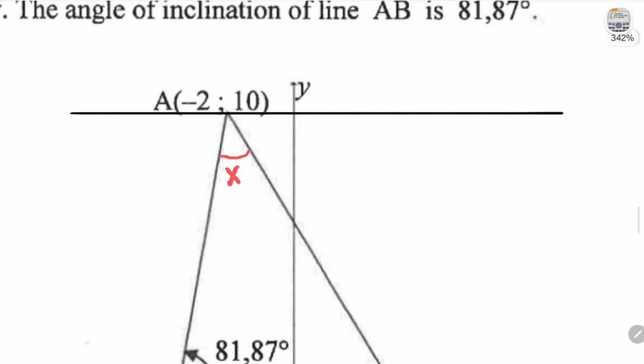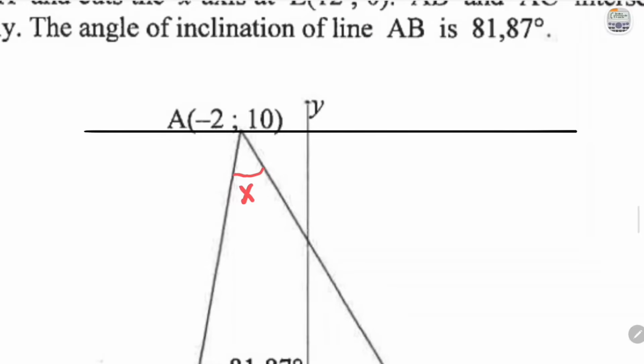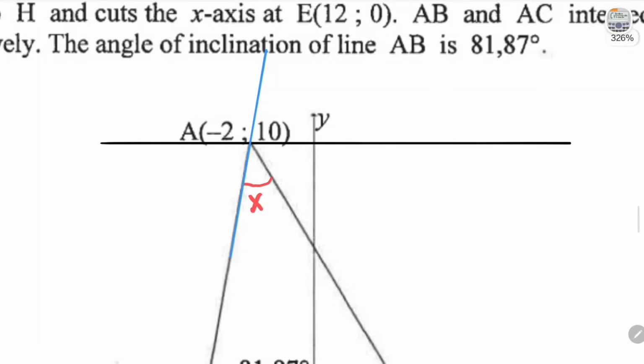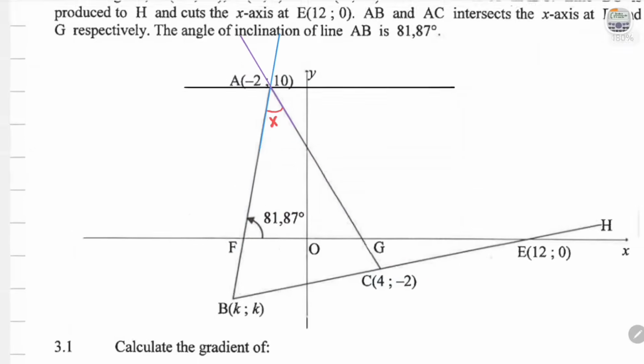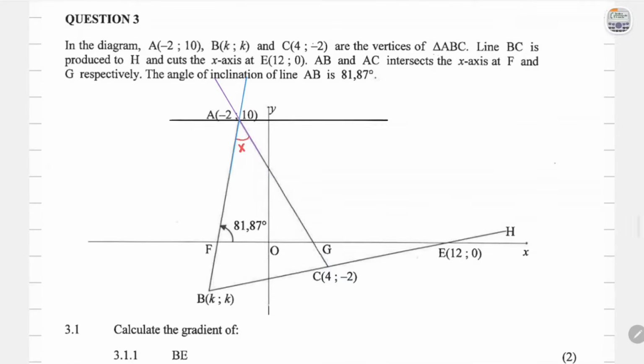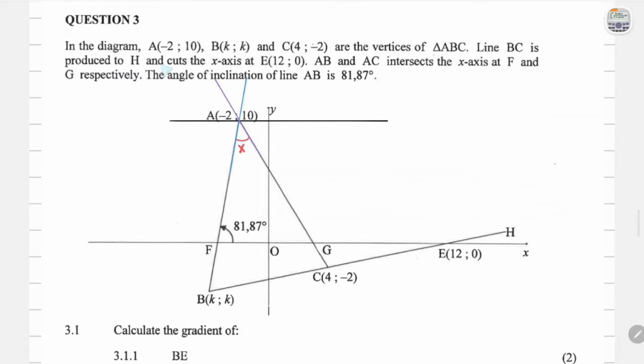Okay, and now we can just extend these lines. Let's extend this. I'll use blue for this. We can extend this line, that was AB, right? We can extend that line, and let's extend the line of AC. Just ensure that this actually does lie on the same line. Okay, that is AC because in the diagram we have ABC as the vertices of triangle ABC,